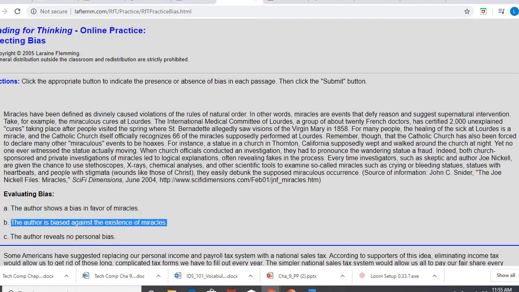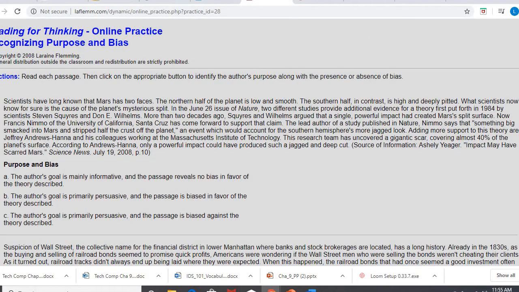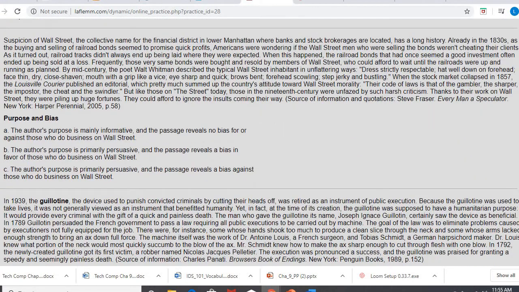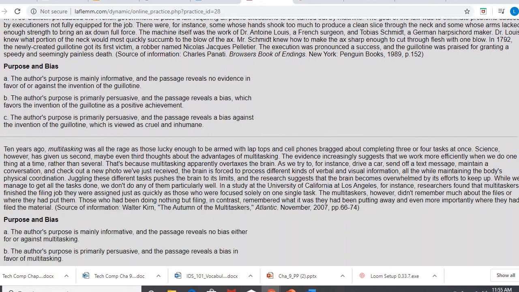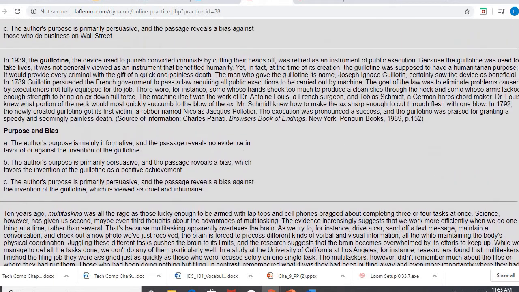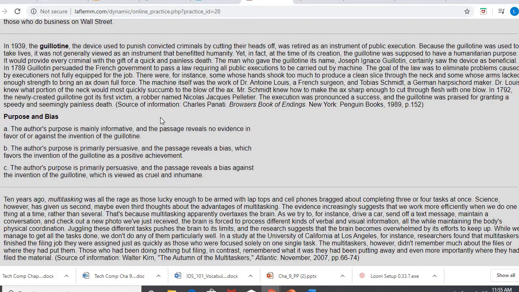Okay, let's do just maybe two more practices here. And this is going to both have us practice purpose as well as bias. So we're just going to look at two more paragraphs. As I read these two paragraphs here, paragraphs 3 and 4, we're going to both try to determine what the purpose is. You know, are they informing, persuading, narrating, describing, and is there bias present?